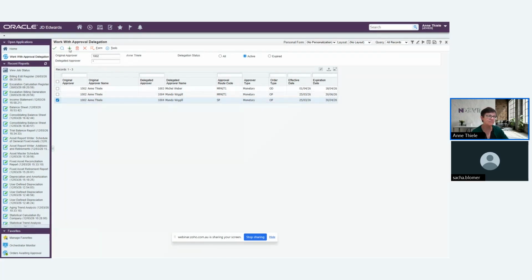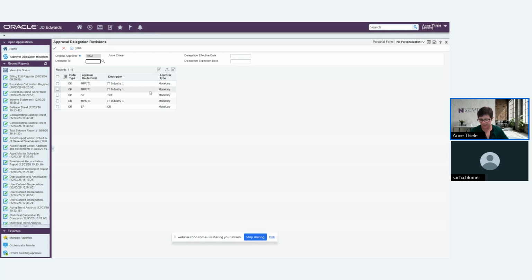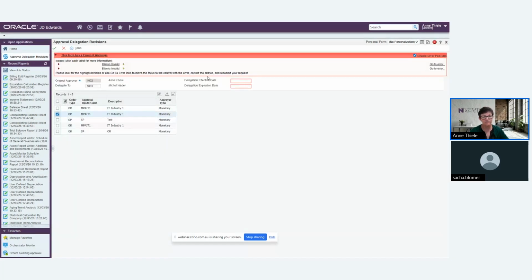We click the add button. It says, who are you delegating to? Well, let's delegate the OPs to, I forgot to put the approval route in. So let's say from July, I'm going on holiday. So from the 1st of the 7th,